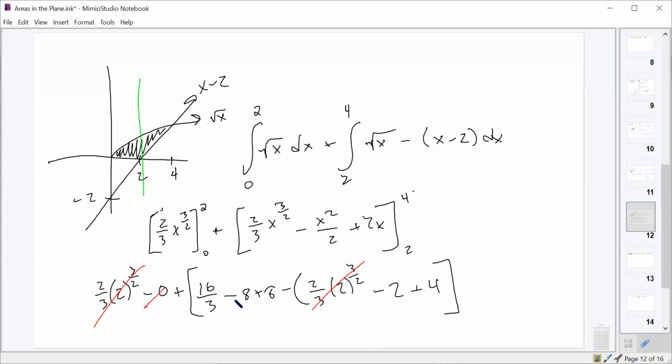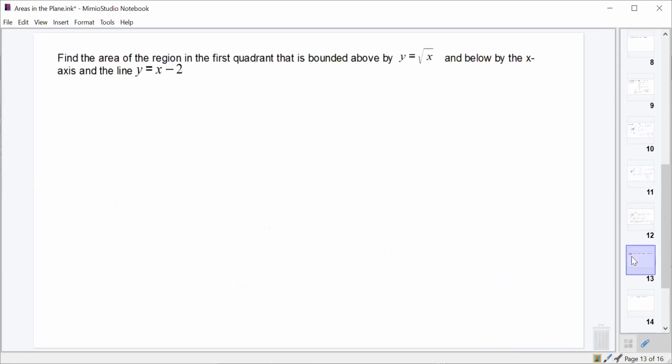Minus 0 we don't need to worry about. Minus 8 and plus 8 we don't need to worry about. And what do we have? We have 16/3 minus -2 plus 4, which is 16/3 minus 2, which is good or no? Great. All right. And just when it seemed like there wasn't any other way to do it, let's do this